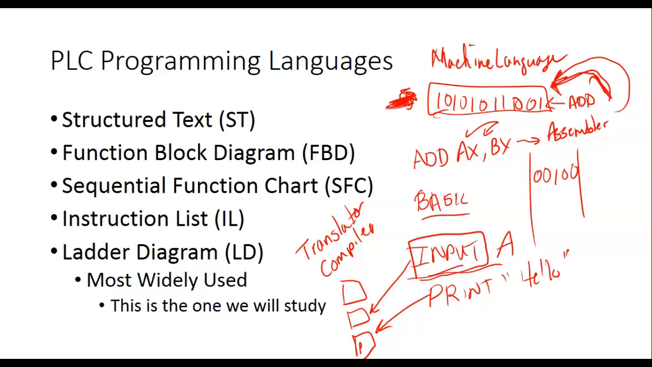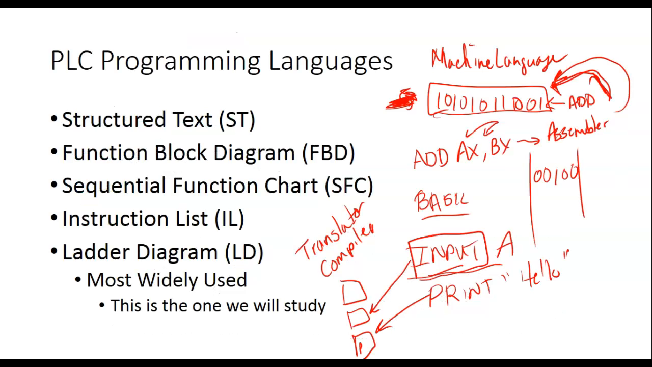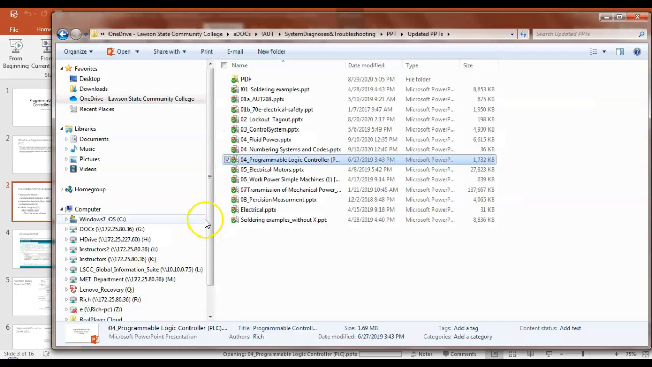So structured text. This is structured text. And what they wanted to do originally when PLCs or programmable controllers came out, they wanted the people that were already in the field of control to be able to program these things. So what we were doing is we were using something called relay logic. And so what we would do is we would come over here and let